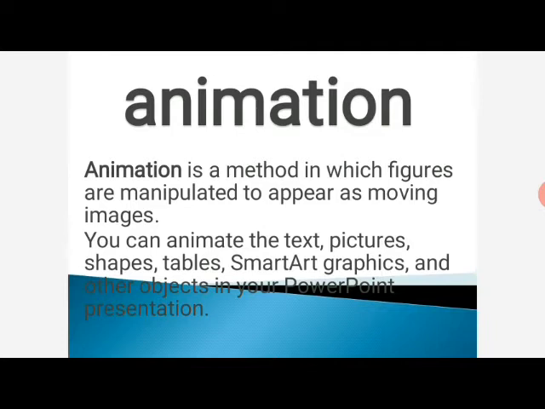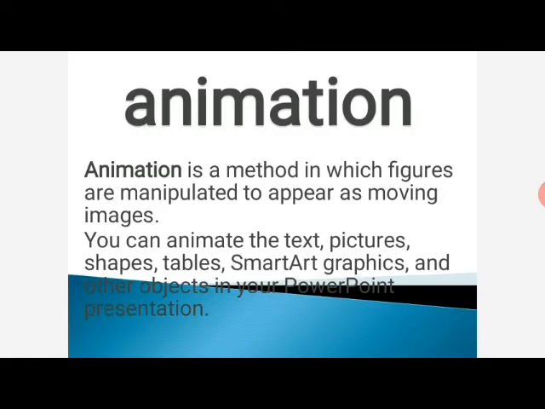What is animation? Animation is a simulation of a continuous series of pictures, or you can say animation is a method in which figures are manipulated to appear as moving images. You can animate the text, pictures, shapes, tables, smart art, graphics, and other objects in your PowerPoint presentation.